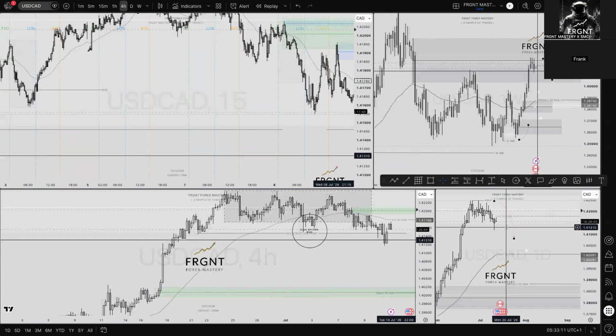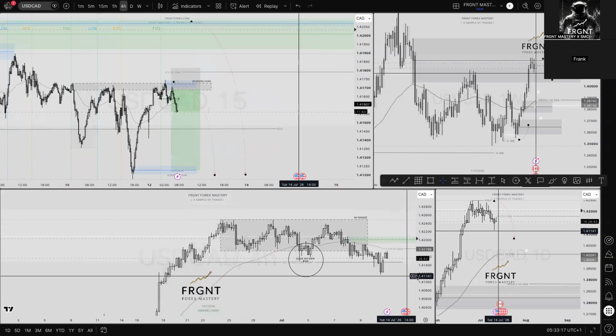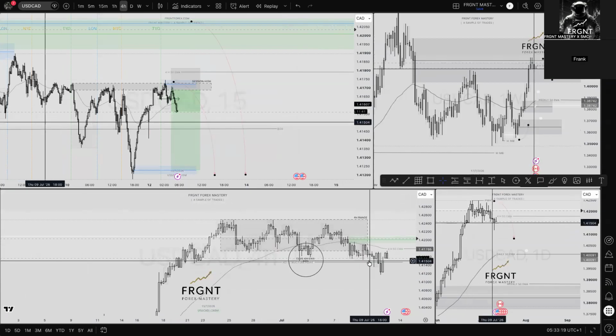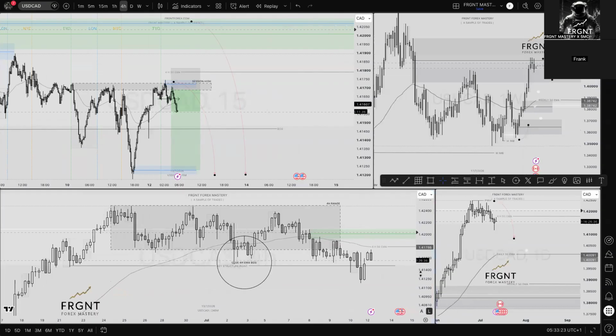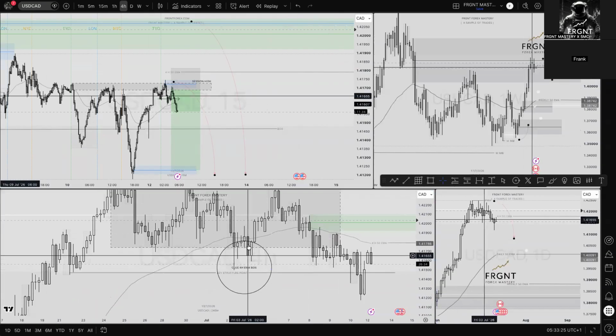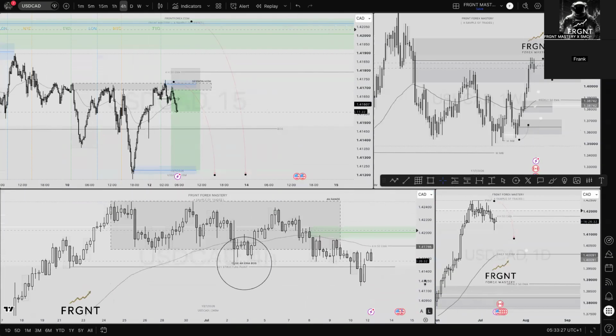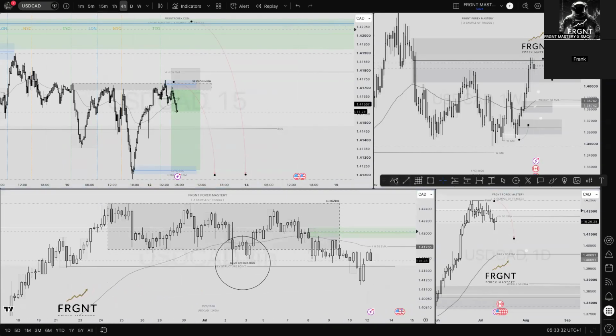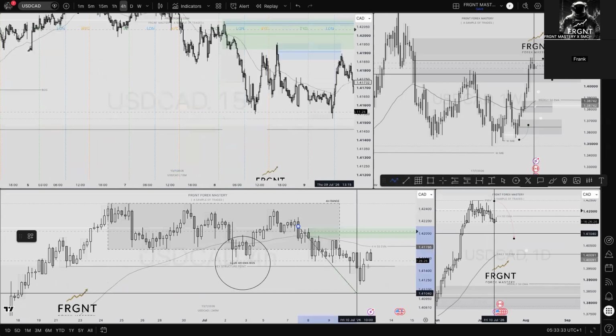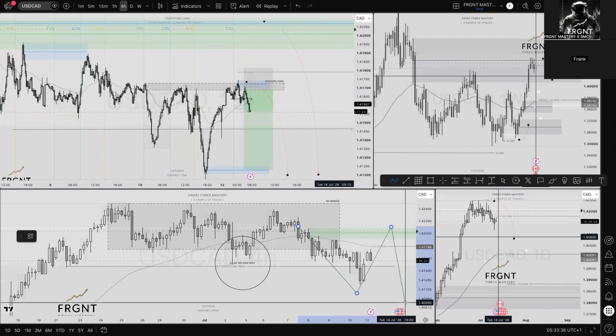We're not just going to tap a higher time frame order block and then immediately move towards the downside. We're ranging and we can identify that range very clearly. I mean, if you don't see it on the daily, I think it's very evident on the 4-hour time frame. Well, it was at some point. And what we now have is a break out of the range, and I'm trying to understand that we now have a break. We're now looking for the pullback. We're now looking for the continuation.